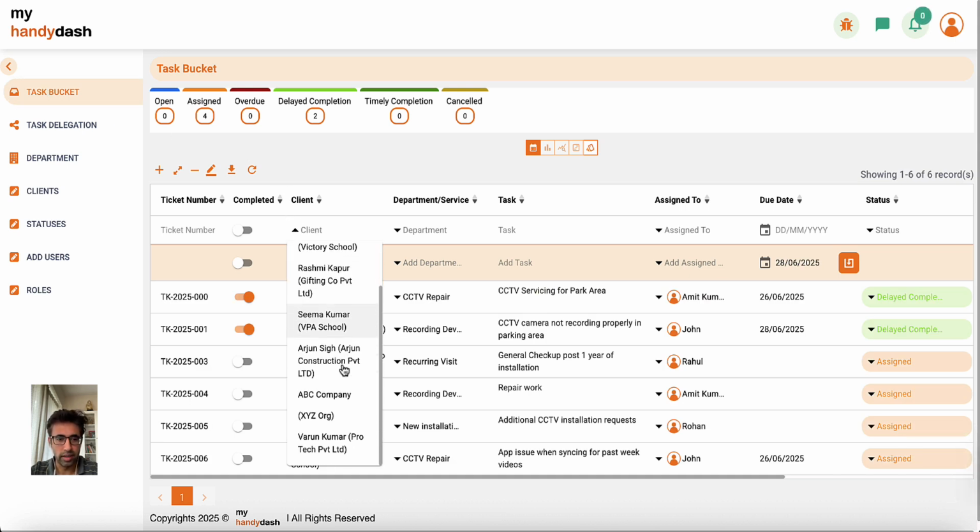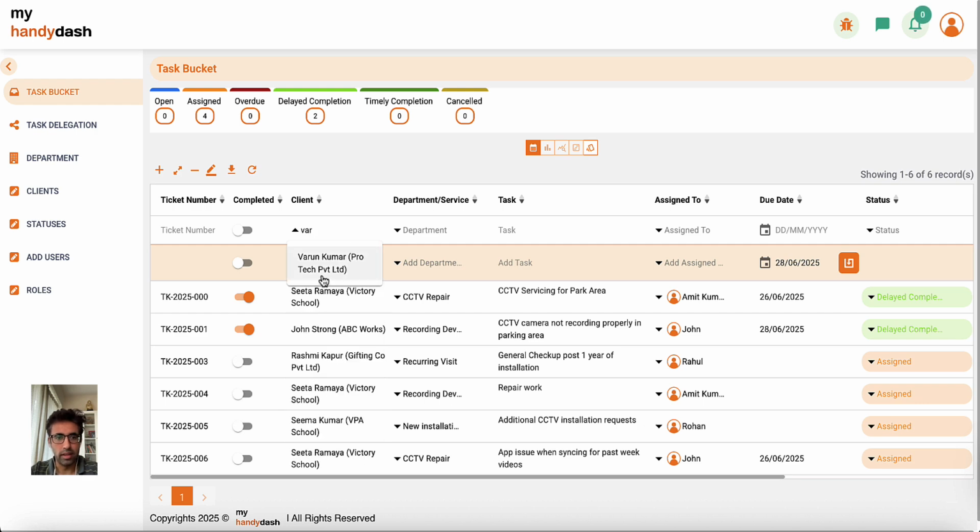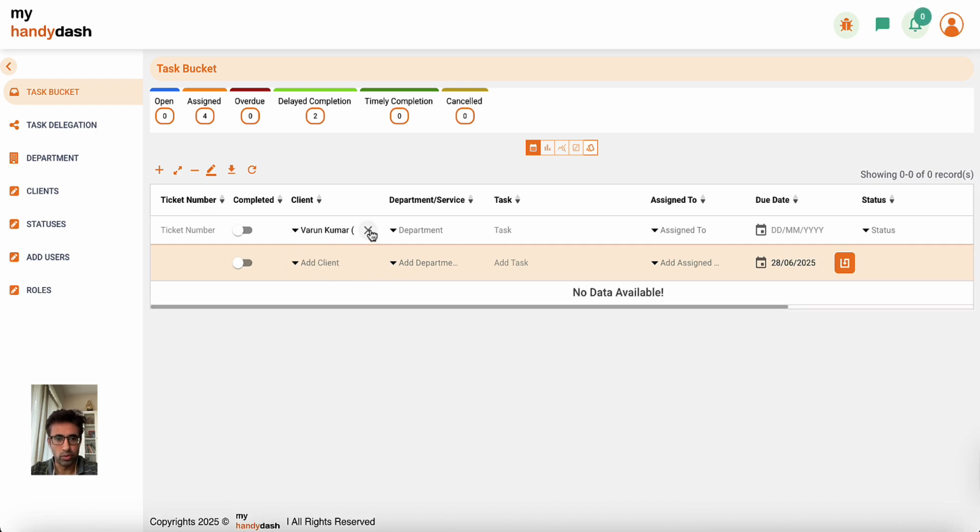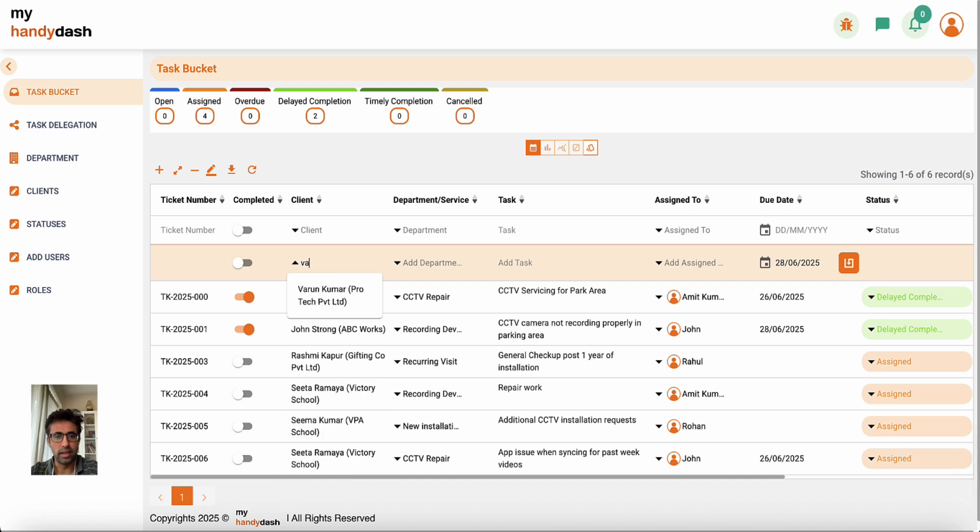You can search the client over here, and suppose I want to, oh sorry, this was the filter. So you can add the client like over here, and you can choose the department or service you want to create the task for, and you can dynamically create one as well. Suppose it is like a routine maintenance. So I just have to press enter, and the new category gets created, and monthly visit, something of this